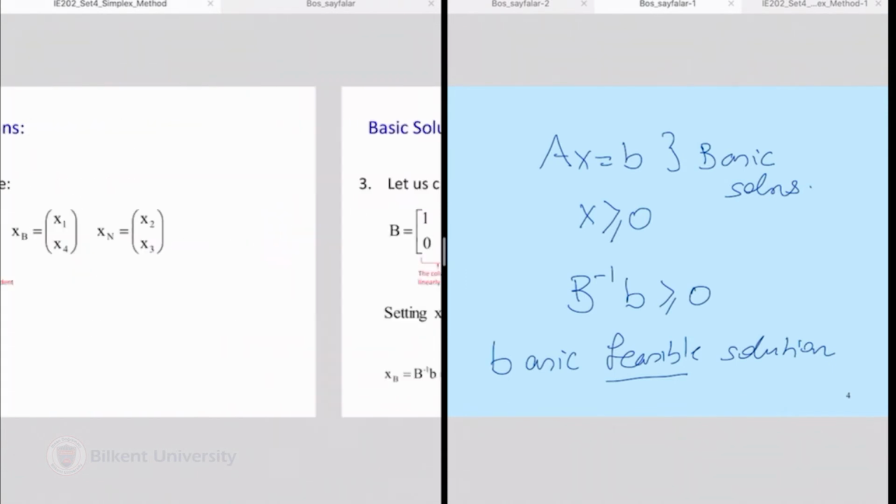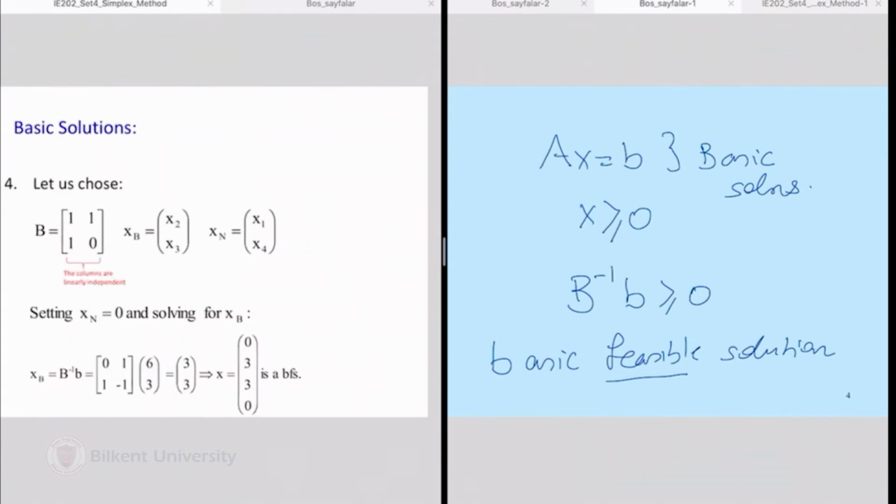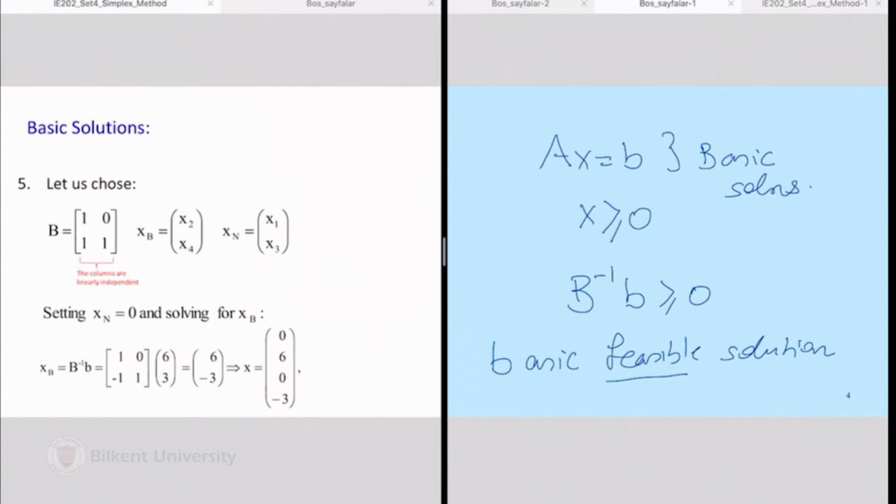Let me put, for example, the 5th one, in which you choose the 2nd and 4th columns as your basic columns. They're linearly independent. It results in a basic vector, but that unique basic vector has a non-negative component over here, which means that it's not a feasible basic solution, okay? It still corresponds to the intersection of a bunch of lines, so some corner point, but not in the feasible